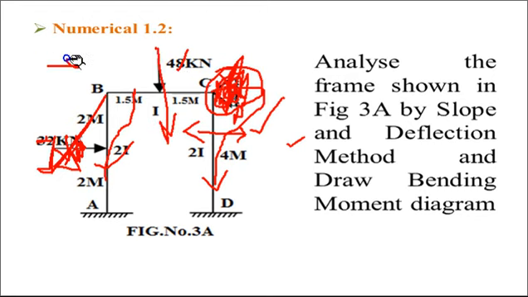There is no force in the horizontal direction, and also the frame maintains symmetrical nature. If a frame is symmetrical about the vertical axis, symmetrical in the sense of geometry or in the sense of its properties, and the load is acting at the center, then it becomes a non-sway